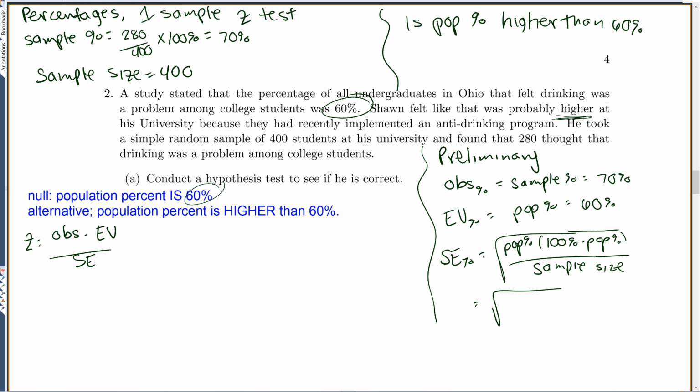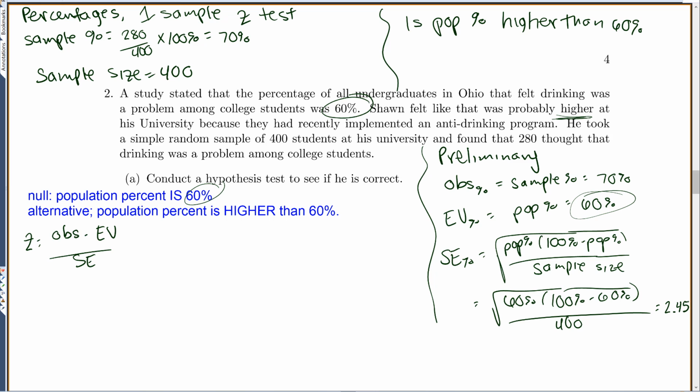Well, we assume that the null is true, so we assume the population percent is 60%, so we'll use this 60% as our population percent. So that's the population percent if the null is true. So 60% times 100% minus 60%, all over my sample size of 400, which equals